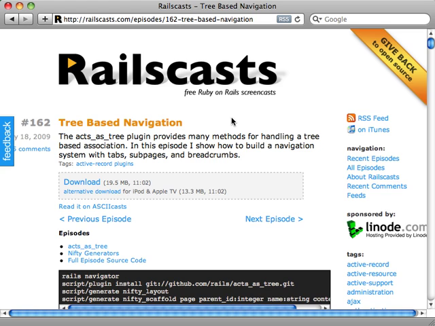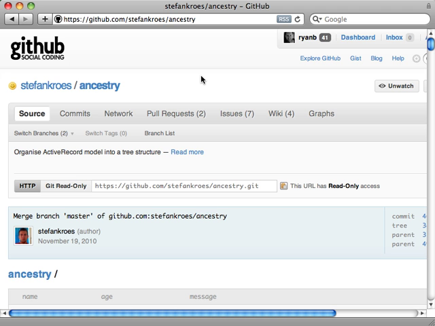Now back in episode 162, I showed you how to create a tree association using the Acts as Tree plugin. While this could work in our case here, it wouldn't be the best on performance because it would require a separate SQL query for each message to determine the descendants of that message. So it would be nice if we could fetch all the descendants of a given message in just a single query. Now there are a number of nested set plugins which do this, but the one I've been really impressed